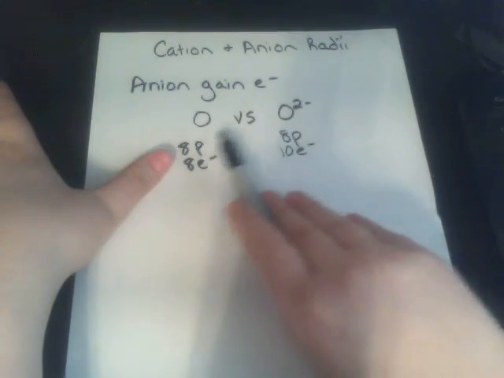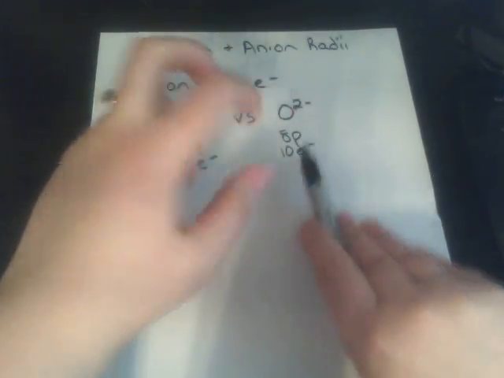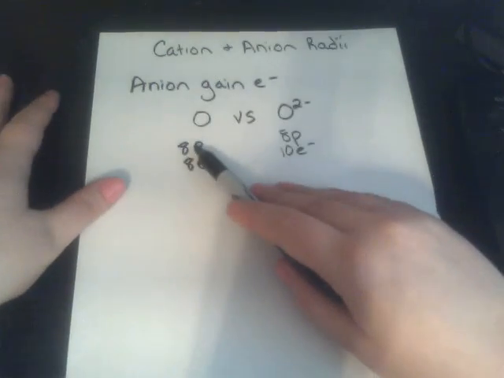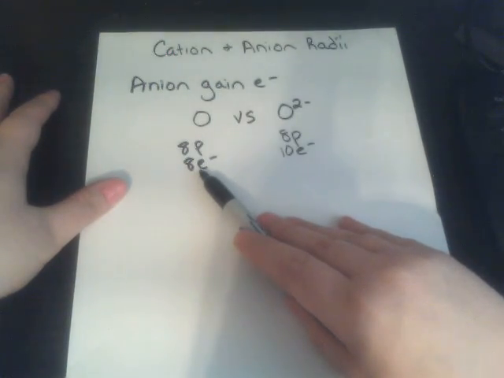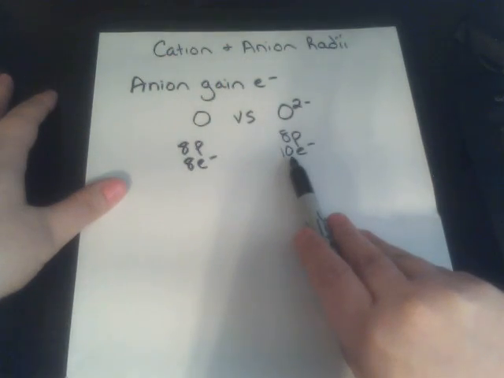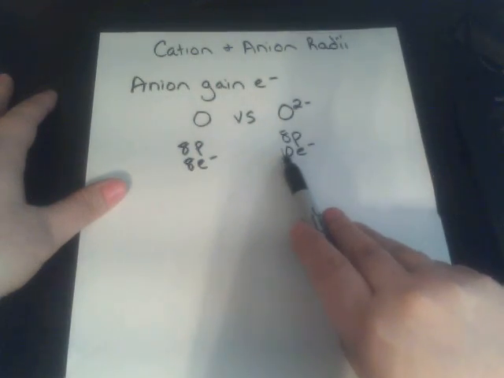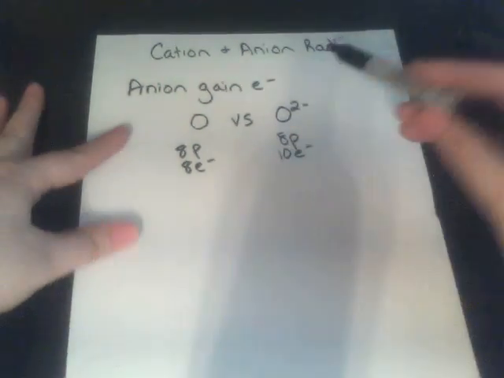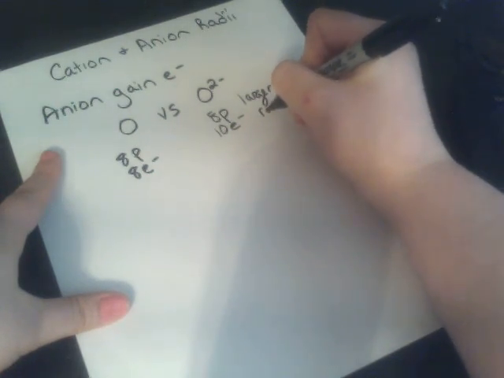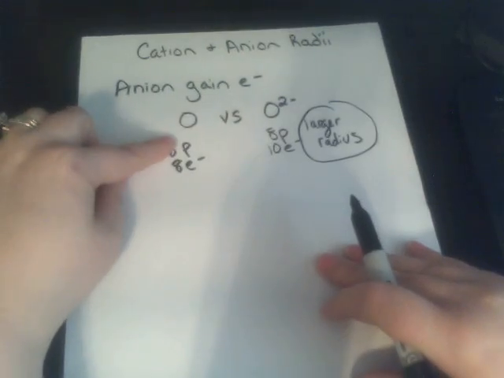So the effective nuclear charge on here is actually going to be smaller. We have the same amount of shielding, but we have more electrons that we have to pay attention to, more electrons that we have to rein in. So if we have 8 protons pulling on 8 electrons, that's a certain pull. But over here we have 8 protons trying to rein in 10 electrons. So they're going to have to spread out their attraction to 10 electrons. So this is going to have a larger radius than the neutral